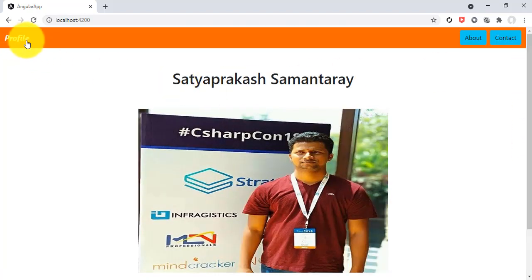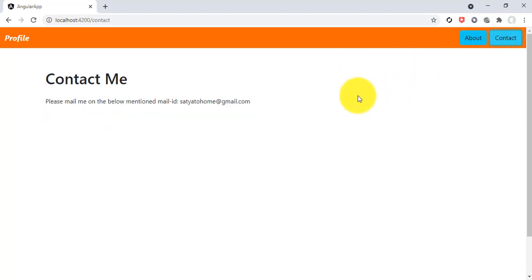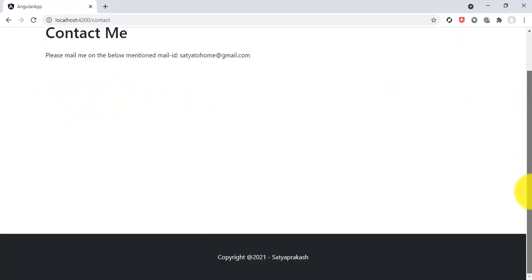Add one profile in a default home, and here we can add one about and contact. If you click about, it will show the employee information, and if you click contact, it will show the contact of the employee, email ID with phone number. And there is one footer you need to mention, that is copyright, and you mention each and every employee name.